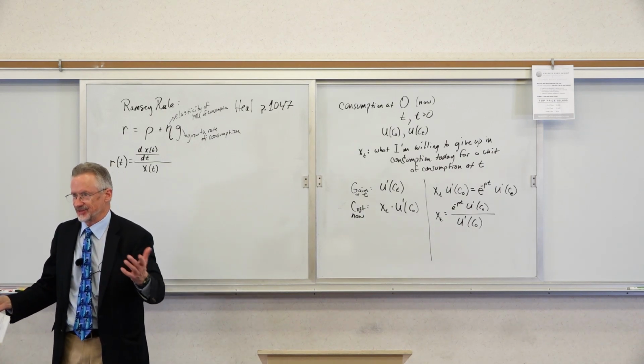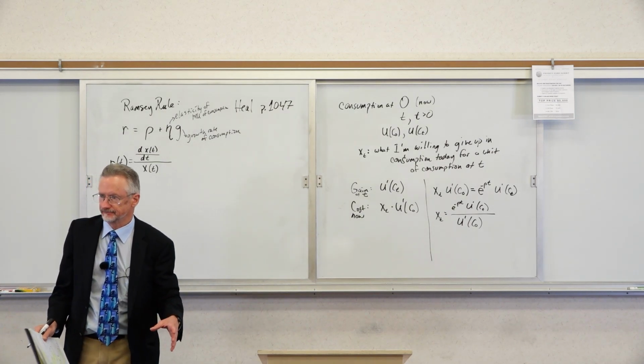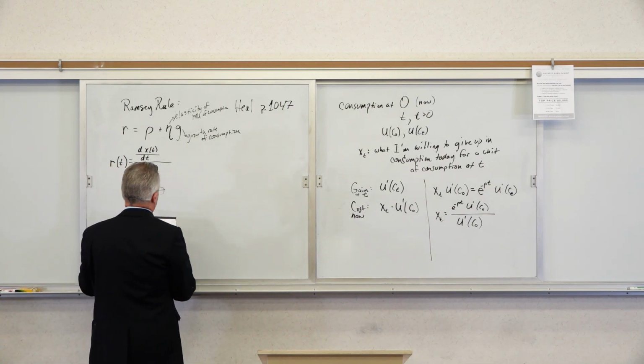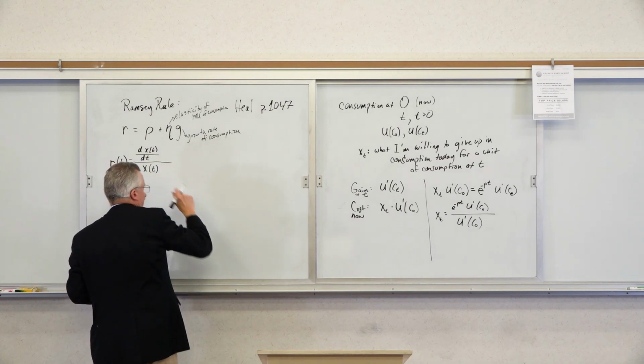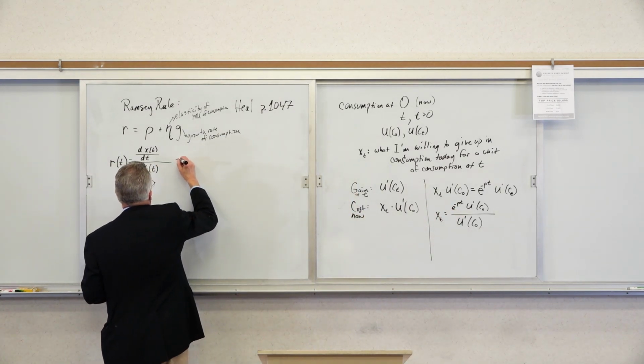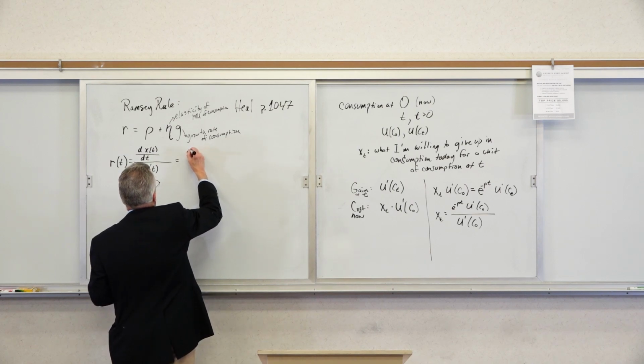Okay, it's like a percentage change sort of thing, right? Good. And that, because x_t equals that thing, can be rewritten this way, which is equal to minus d